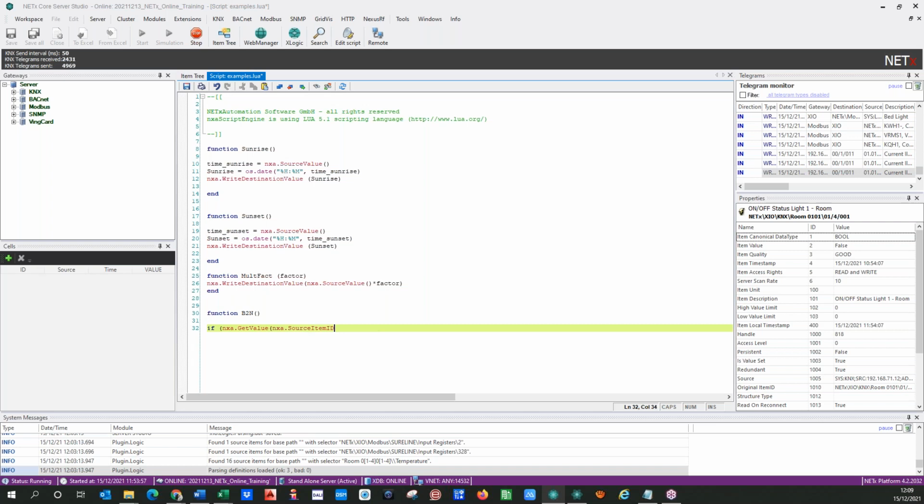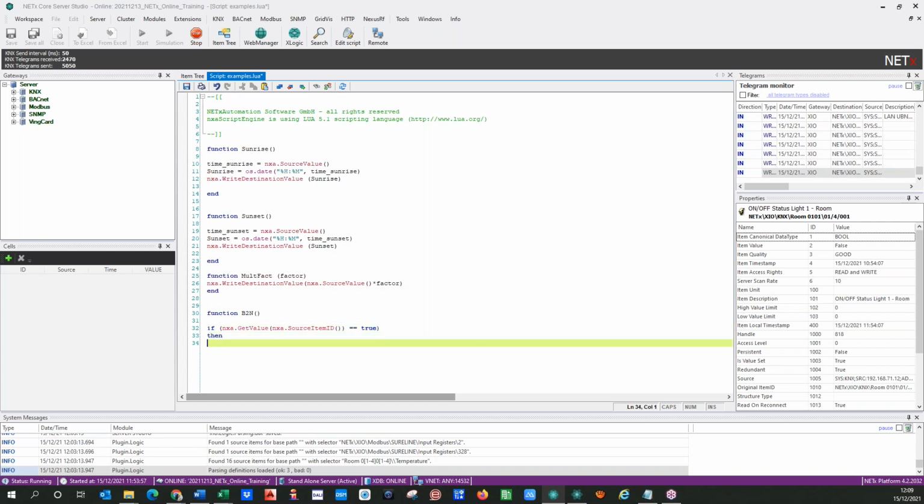This is equivalent to the source value I showed you before. It's the same. So if I take this value and it equals true, for example, then I will